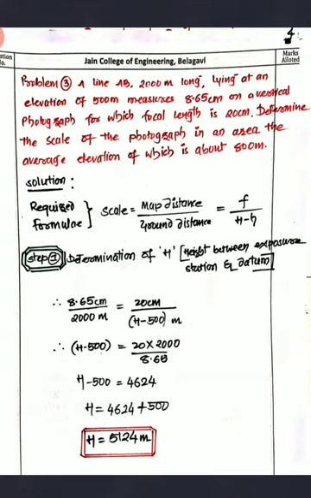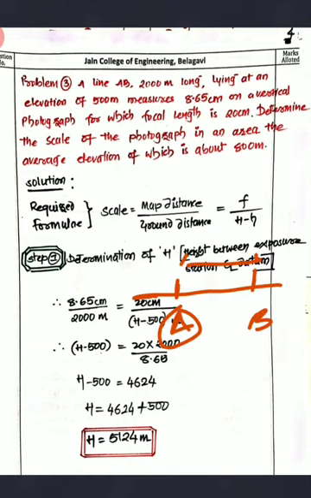Now you have to understand this problem. What they have said is, on the ground, say you will be having a ground. I'll try to draw that here. This is the ground, and on this ground you will be having 2 points A and B, and this distance is about 2000 meters. The same on the photograph, small a and b, is 8.65 centimeters, right? And then you will be having this camera.